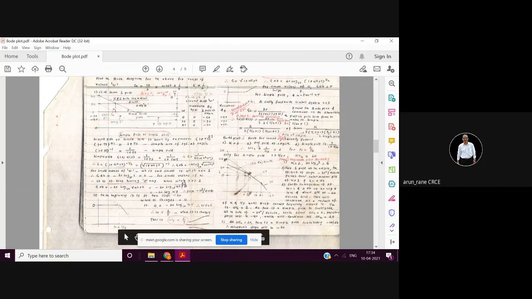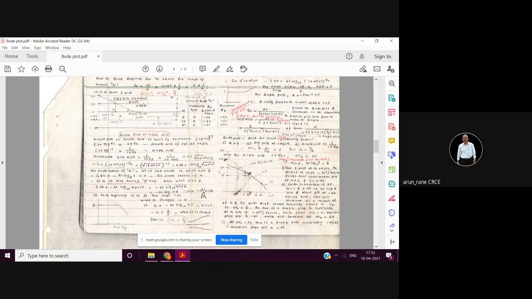So for higher values of omega square T square, G in decibel will be minus 20 log of under root of omega square T square, which is nothing but log of omega T. The square root sign will go away, so minus 20 log of omega T. What does that mean? It is the same as what we had earlier for 1/s, minus 20 log of omega. So this is similar to 1/s.